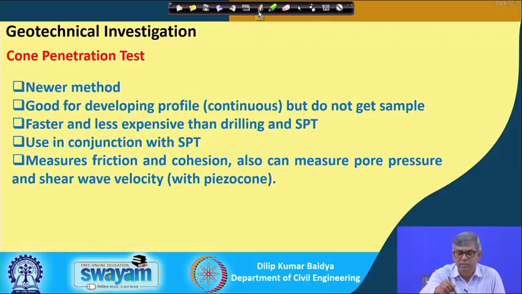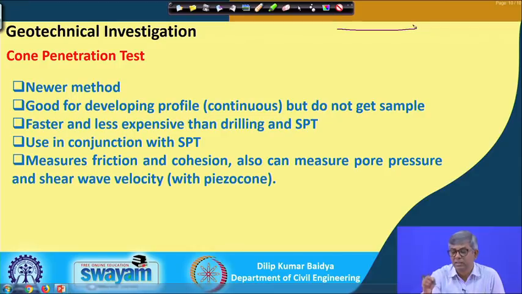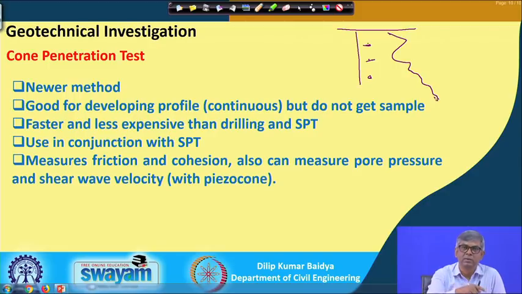That means, when you are doing SPT over depth, you do it at 1.5 meter or 3 meter or 4.5 meter, like that, discrete. We are getting data at this point, at this point, at this point. Whereas, in the cone penetration test you will continuously get a profile like this. So, each and every point, whatever resistance you get, you are directly recording. So, a continuous resistance profile we will get, and that will be correlated to different soil properties,